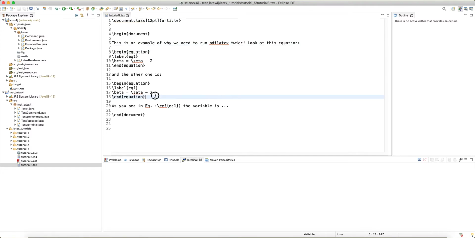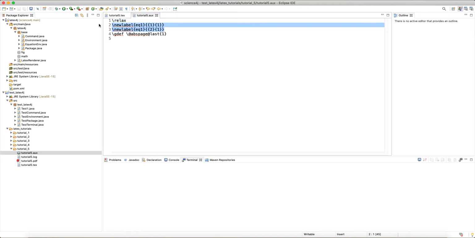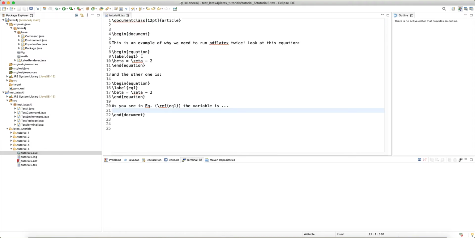So in the previous lecture, I gave you an example in the text file, and I put two equations, and then we saw that in the auxiliary file, two notes on two labels were generated. Actually, this is not the typical thing, and the reason this happened was because I forgot to remove the label command from the